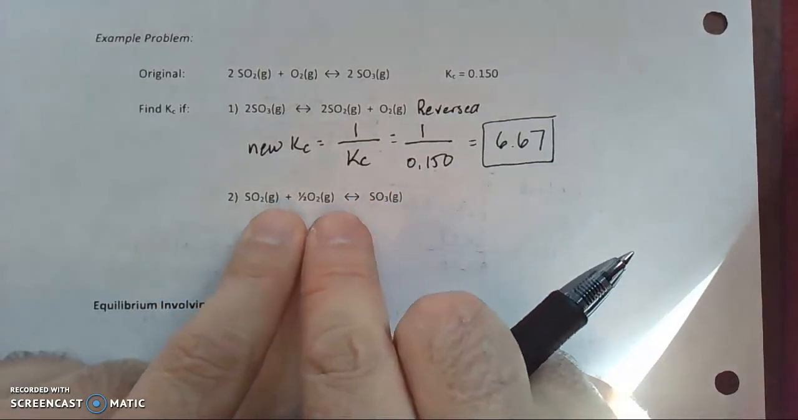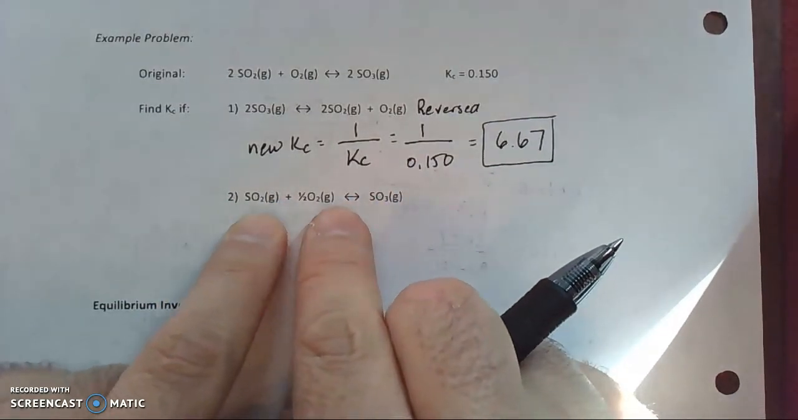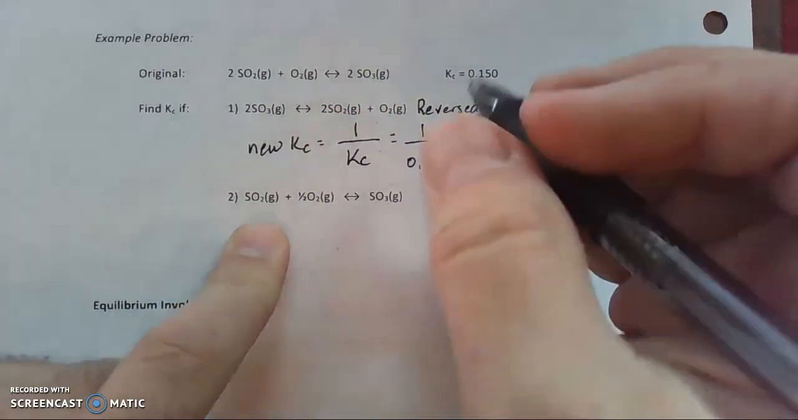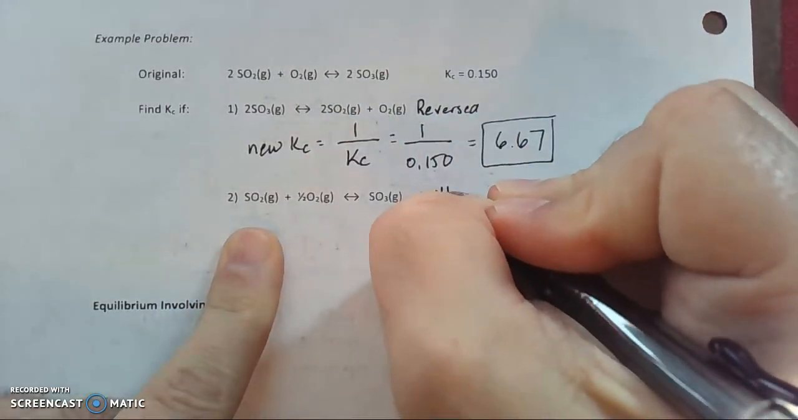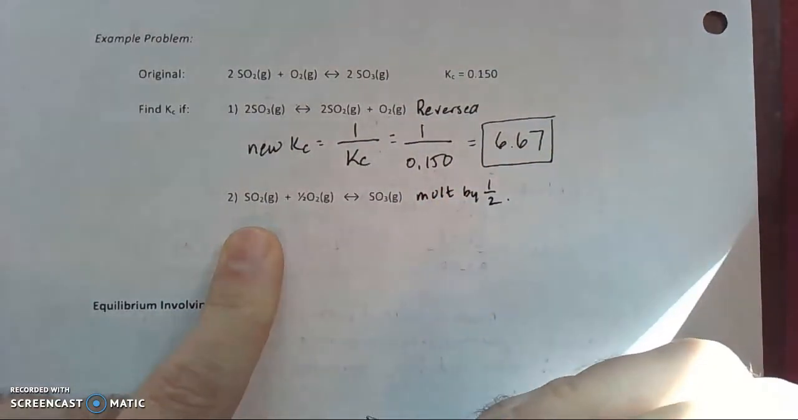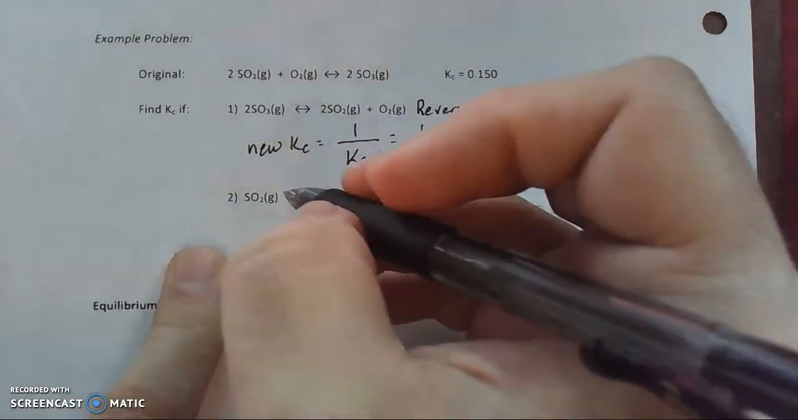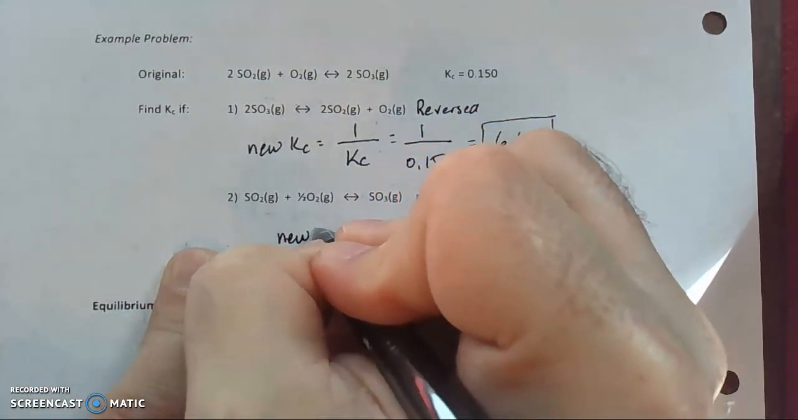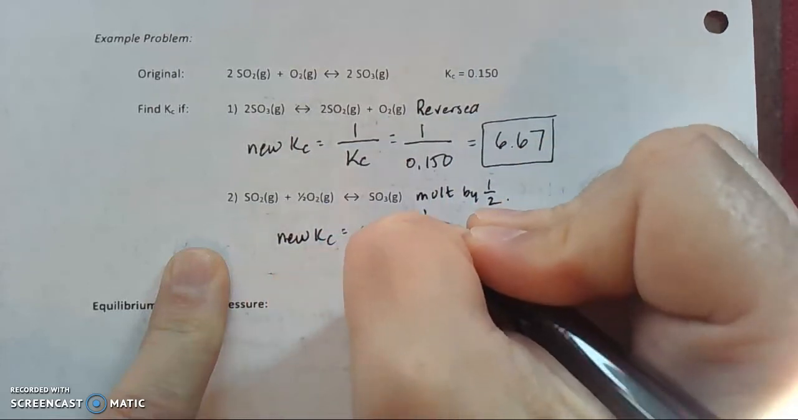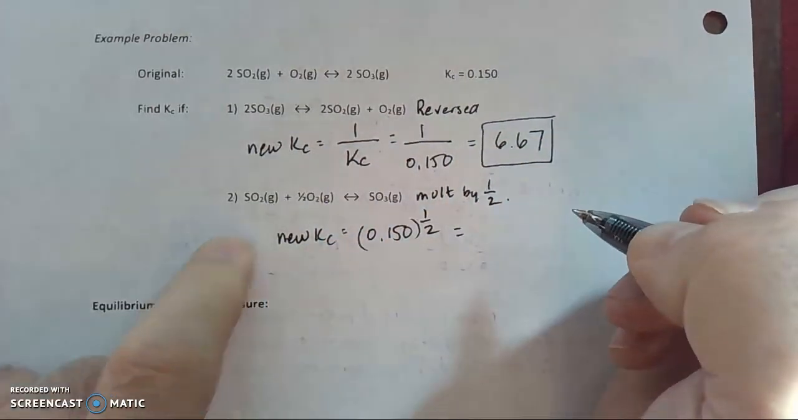If we look here, now we have taken and we divided each one of these by 2, or another way of saying divided by 2 is multiplied by 1/2. So we would take our new Kc value would equal our old Kc value to the 1/2 power. So we take the square root of 0.15